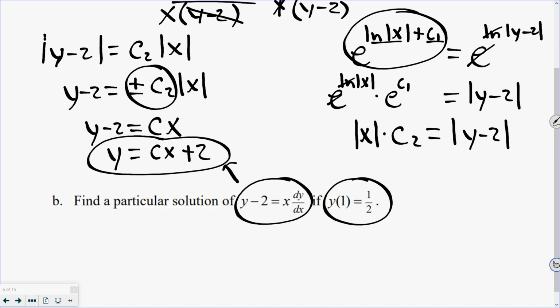So we're going to go 1/2 is equal to my constant times 1 plus 2. I just need to solve that equation. So I'm going to minus the 2 over. C times 1 is just C, minus that 2 over to there. That ends up being a negative 3/2. Okay, that's what my constant is. So my particular solution would be, let's go back up there, y is equal to